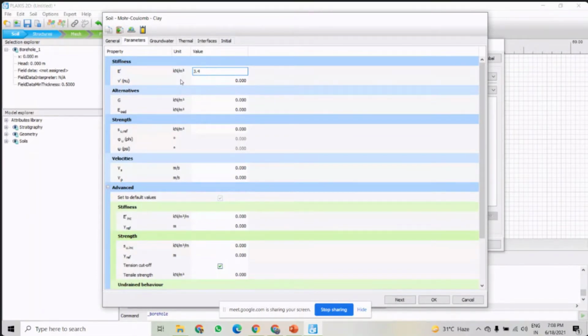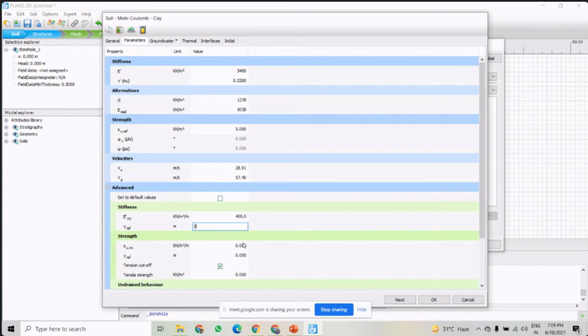Young's modulus 3.4 e3, then Poisson's ratio 0.33, and this will be default. Then this one, which is called the undrained shear strength, will be 5. Then this Young's modulus increment is 400, and the reference level is 3.